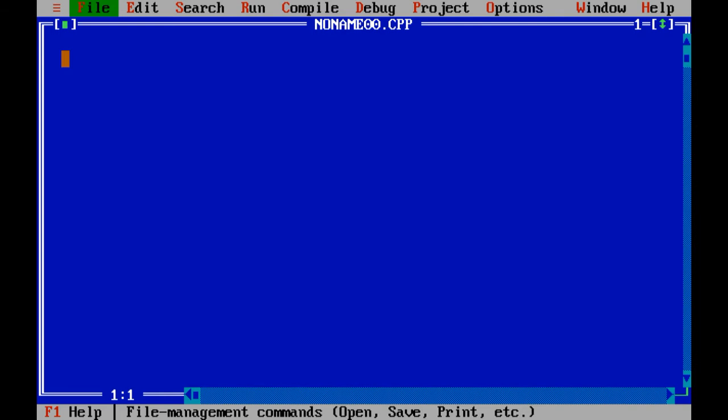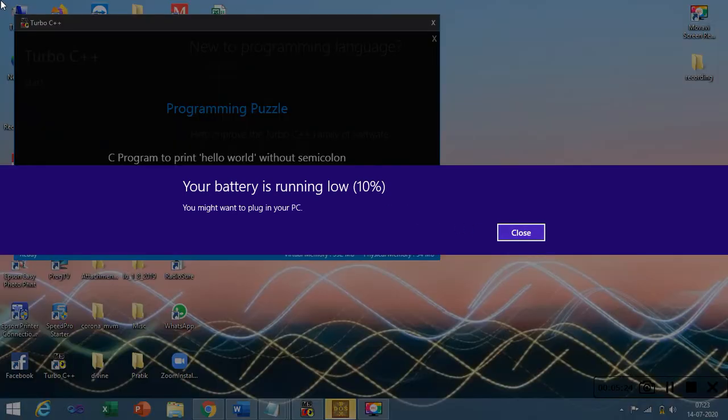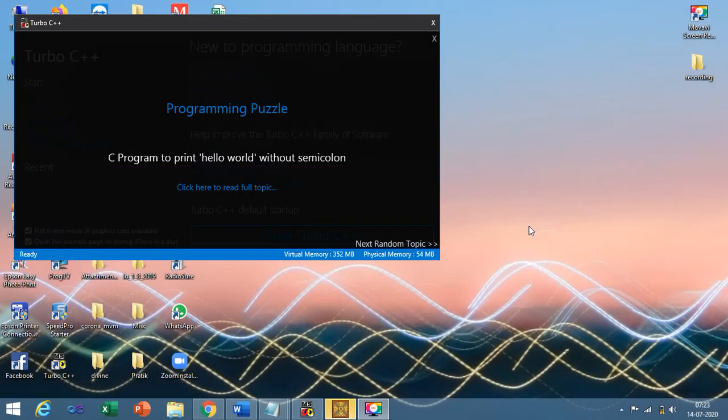The formula to find the area of a circle is pi r square. Let me repeat. Our first program is related with the area of a circle, and the formula for the area of a circle is pi r square.